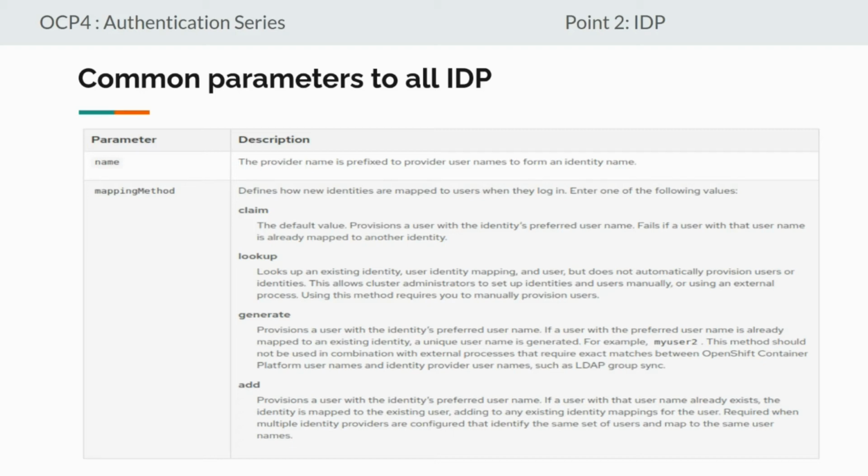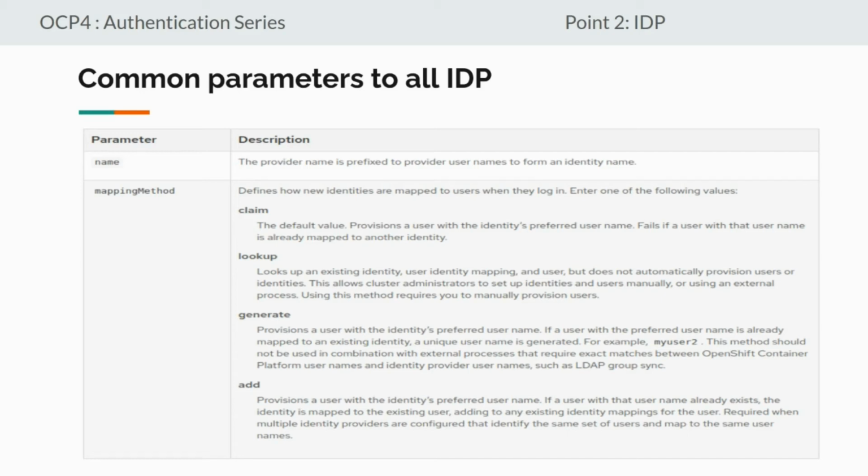Right? Fourth one is add. It creates a user identity in the environment on login. But if a username is already present and mapped with a different identity, then the new identity is mapped with the existing user. Are you guys with me?